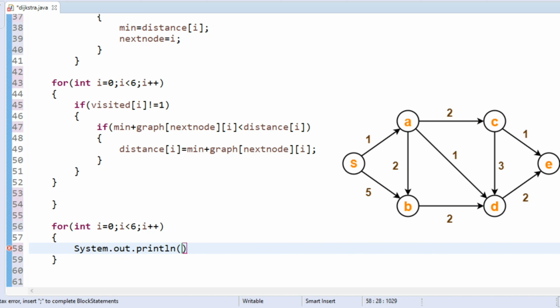In this loop, I am going to print the distance from the source, that means ith vertex distance from the source node. Okay, what is the distance I am going to print?